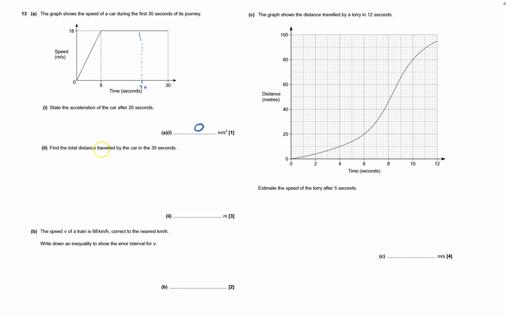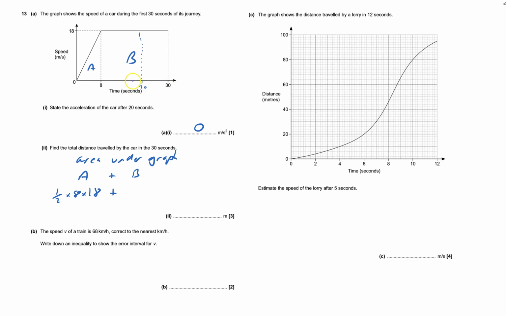Find the total distance. The total distance is the area, so that's the area under the graph. That's what I need, and I'm going to do that. The first part is A, and that's B. So it's going to be the area of A plus the area of B. A is a triangle, so it's going to be half times the base, which is 8, times the height, which is 18, plus the area of the rectangle, which is the base, and the base goes from 8